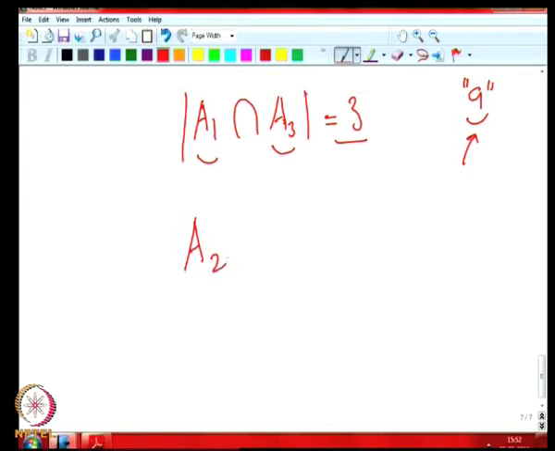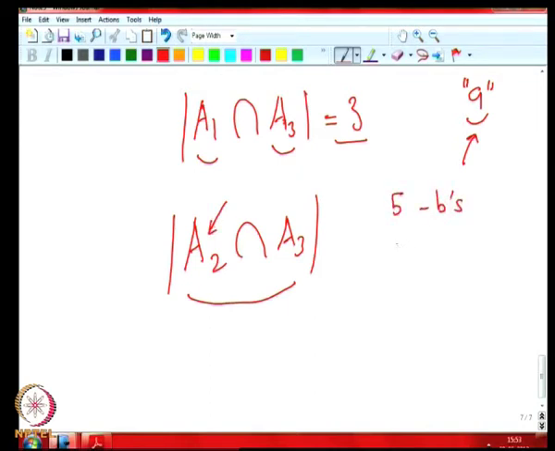And if you want to find A2 intersection A3 cardinality, what is this set? This set is the set of 10 combinations where there are at least 5 B's and 5 C's. That can be done only in one way, because 5 B's and 5 C's are already 10 things we have selected. There we cannot do anything, we can only leave it as such. So, that is only 1. So, A2 intersection A3 is 1.